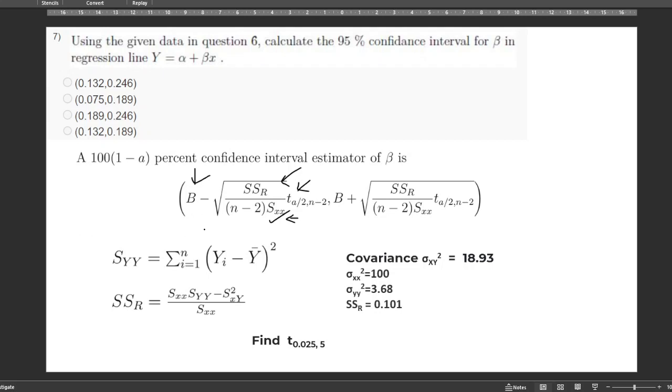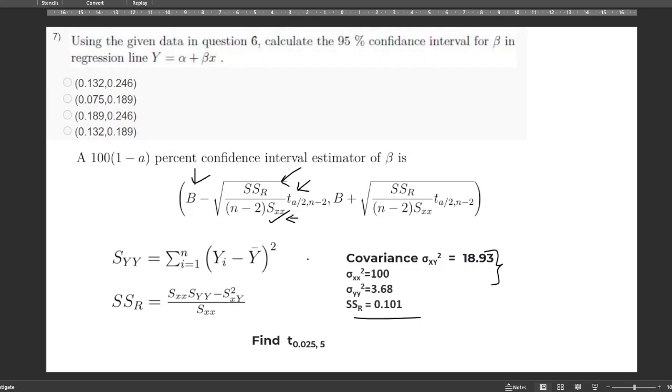To do this, the sum of the squares of the residual is given by variance of x into variance of y minus covariance of x and y the whole square, divided by variance of x. When we substitute all the calculated values in this, we will get the sum of the squares of the residual as 0.101. So when we substitute all these values, then